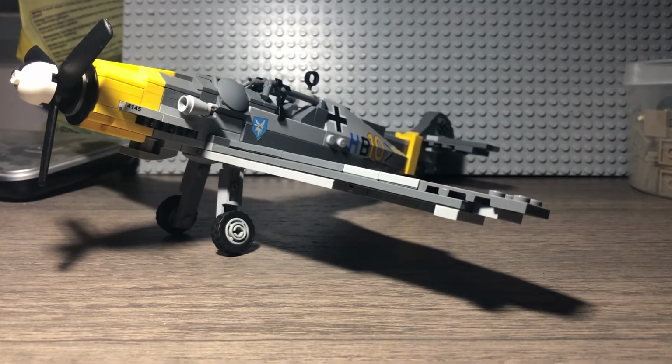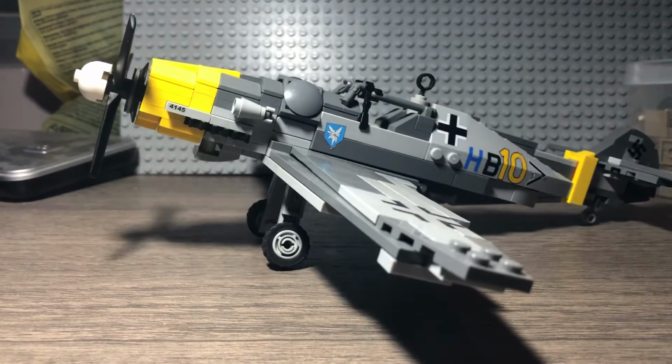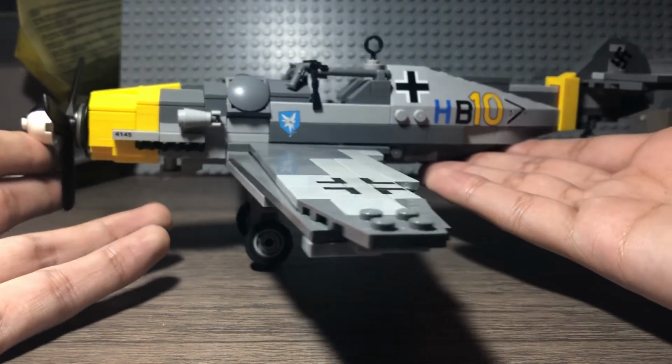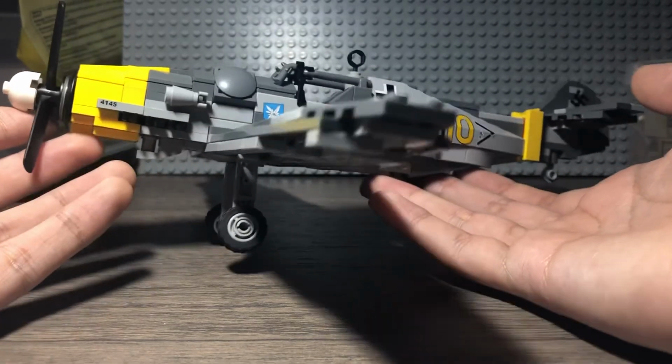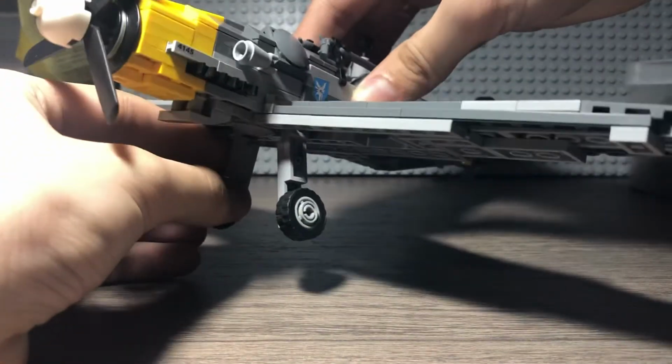You know, I want to build a huge squad of BF-109s. Might get a B-17 later on, but you know, that's what it is. They're late war fighters, excuse me. Because the BF-109 saw service basically since the beginning of the war until the end, so